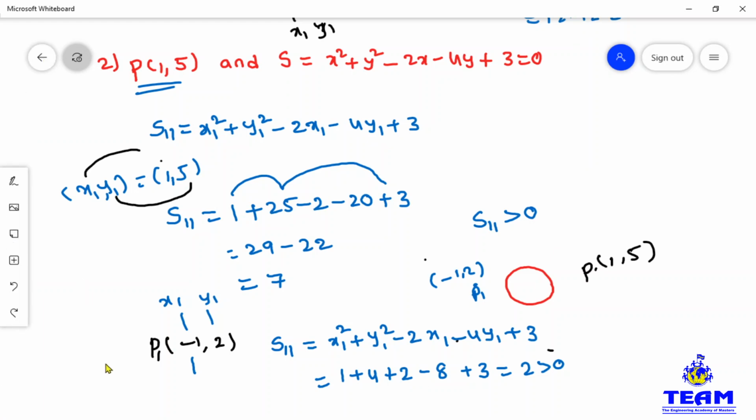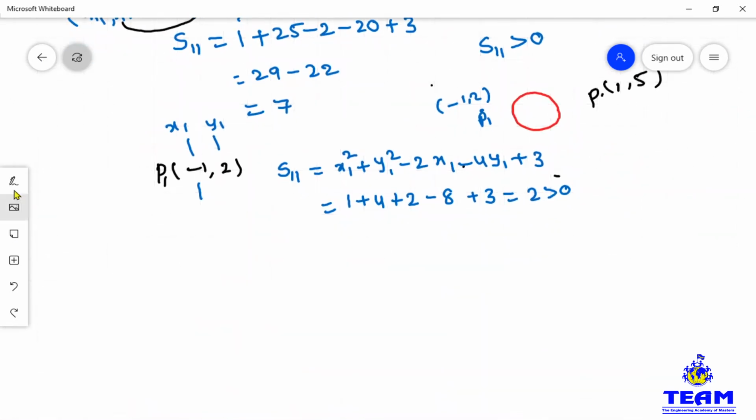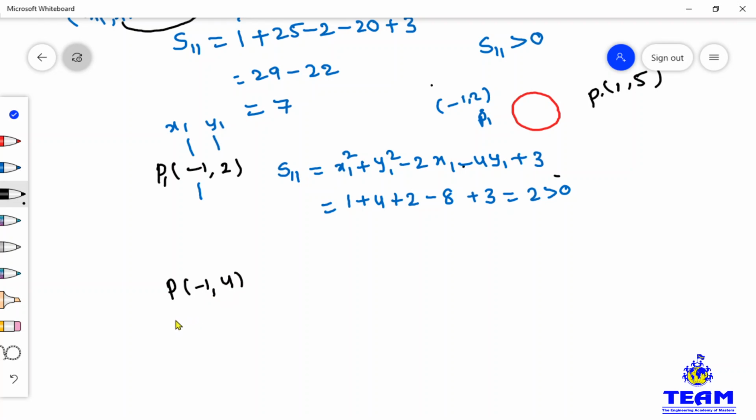One more point we will take, that is, let us consider P is a point minus 1 comma 4. If you consider minus 1 comma 4, what will happen? Okay friends, now what is S11? S11 we have already, so directly I am substituting. Then S11 at the point P2, in place of x1 we have to substitute minus 1. So minus 1 means what? Tell me. Minus 1 whole square means 1. Next, 4 square is nothing but what? 4 square is